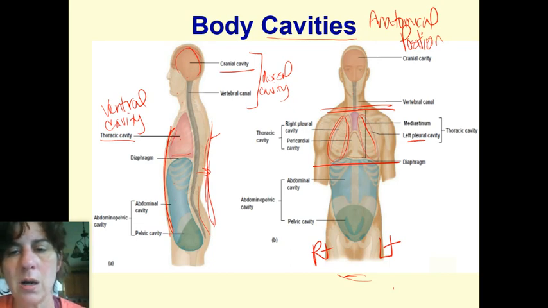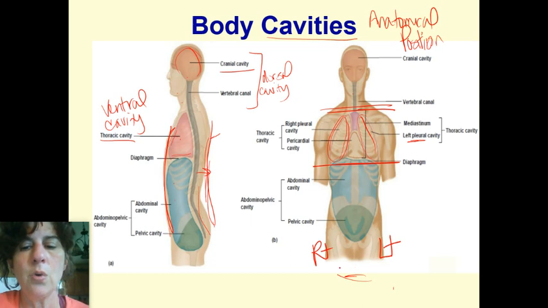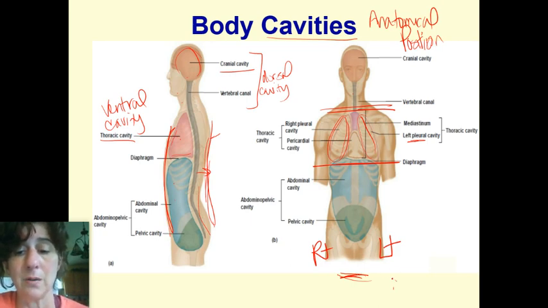It is not your heart. It is not your lung. It is not your stomach. It is your patient, in this case, or whatever, your models, left and right. So I always want you to realize that you're going to have to look at opposites. You know, my right is over here, but his right's there. So I'm looking at this opposite.